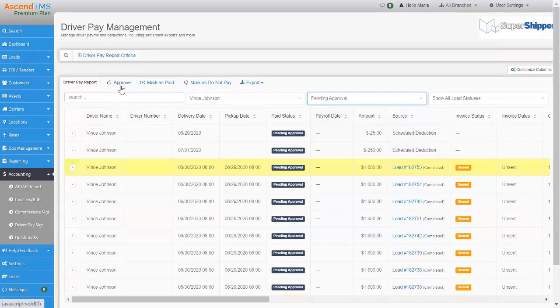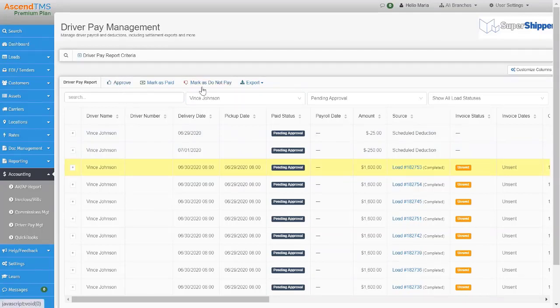Another reason why you might use this is if you're like me, you guys have already seen me make some silly mistakes. I'm very forgetful. So when I'm working through this list, I will probably mark them approved as I go because I know that I oftentimes get distracted. And if I get a phone call and I have to move away from this page, then I come back, I put my driver pay criteria in again, and I'm looking at this list. I want to know that I've already reviewed these and not have to go back through that process. So if that's you, for sanity's sake, you might want to mark them approved. Again, optional, you don't have to.